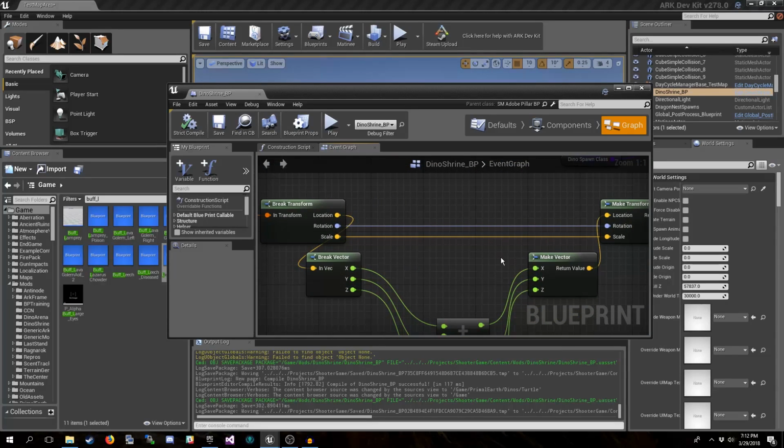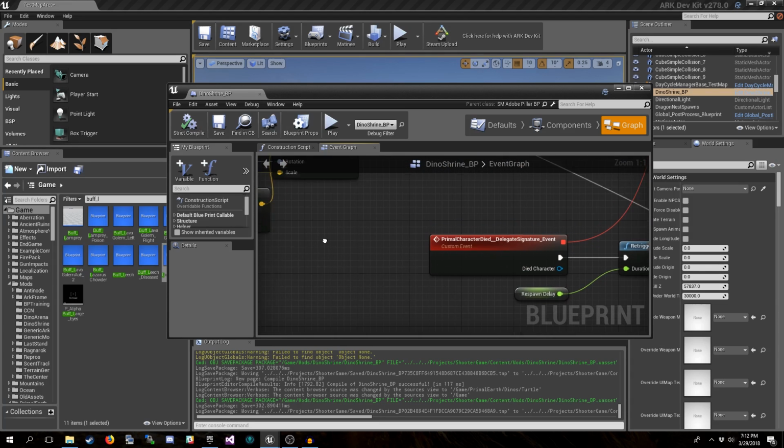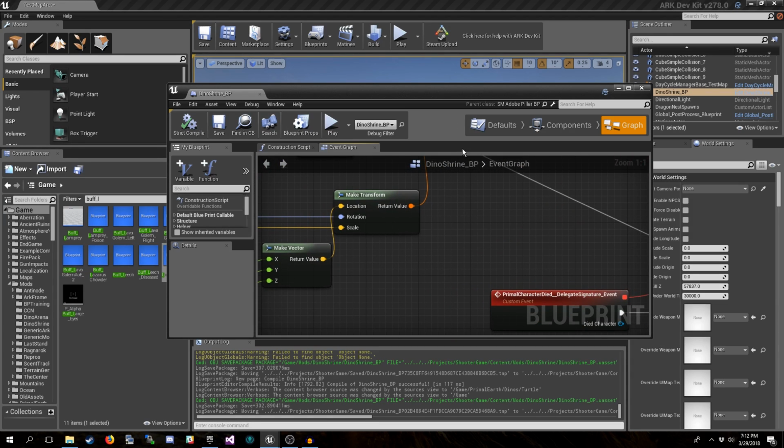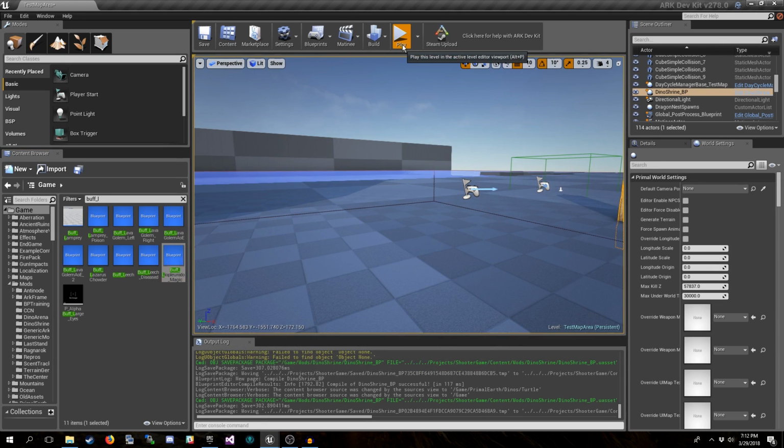So that's what I was saying earlier about it being easier for quick testing and iteration of changes. Making those variables can make things a lot easier when you have to constantly make changes here, pop over to play in editor, try it out, go back, change it, try it out, go back, change it. That can get very time consuming if you have to compile every time. So now that we've set our values, we'll start.